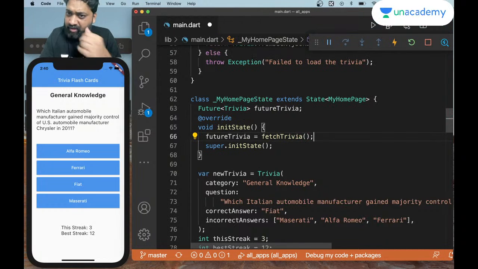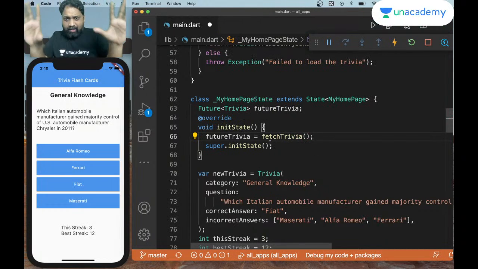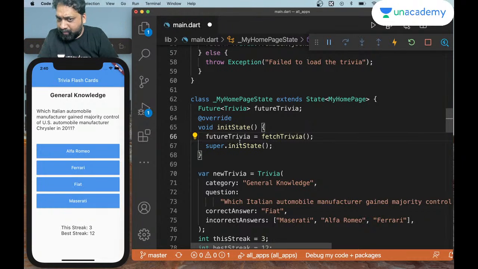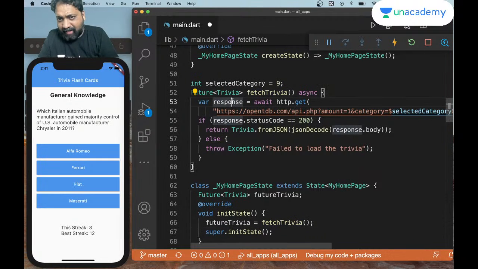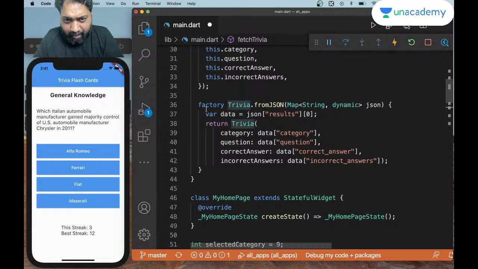Fetch trivia function. Okay. Now all the magic should start happening. I said as soon as the app loads, get this variable, and in this variable call this function. This goes here. It makes that request, http get dot whatever. If it gets a 200 response, which is correct, yes, this is working, then we say take that, JSON decode it, and then convert that from JSON into the trivia format, which happens